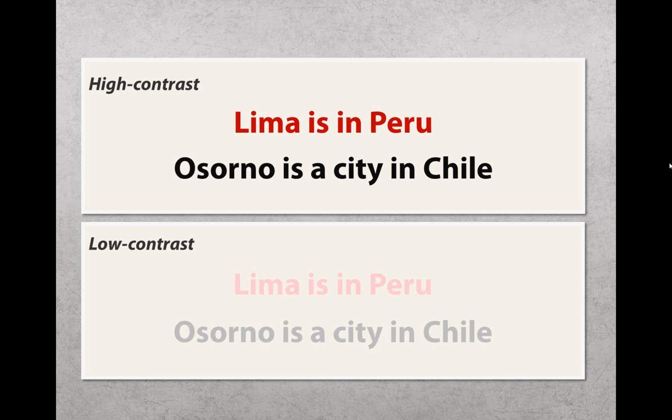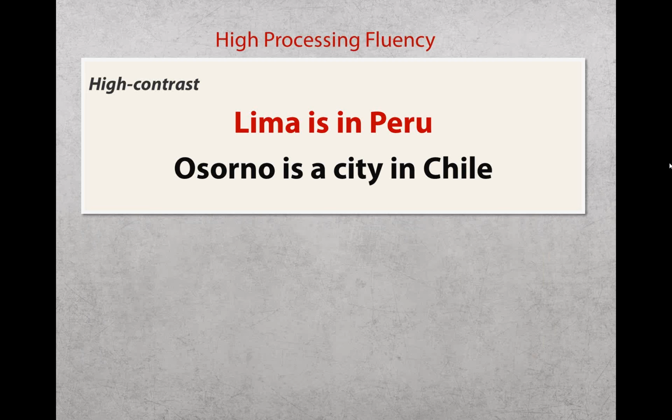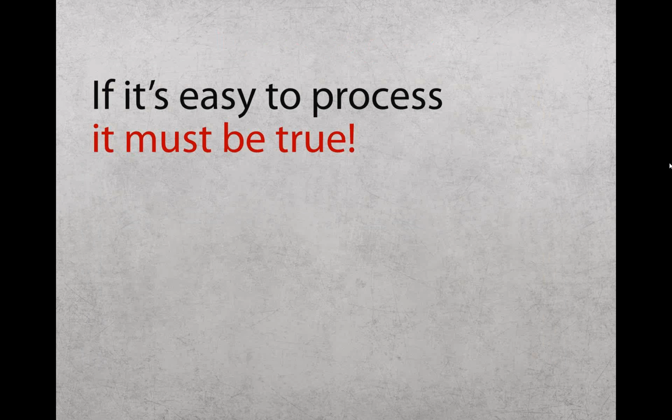And the reason they figure was that if people don't have anything else to go on and they don't really know the answer, then they're just going to go on the visuals, on how easy it is to process. So high contrast had high processing fluency, and essentially people thought that if it's easy to process, it must be true. So something that's well designed actually affects your credibility, or the credibility of the person who's giving the training.